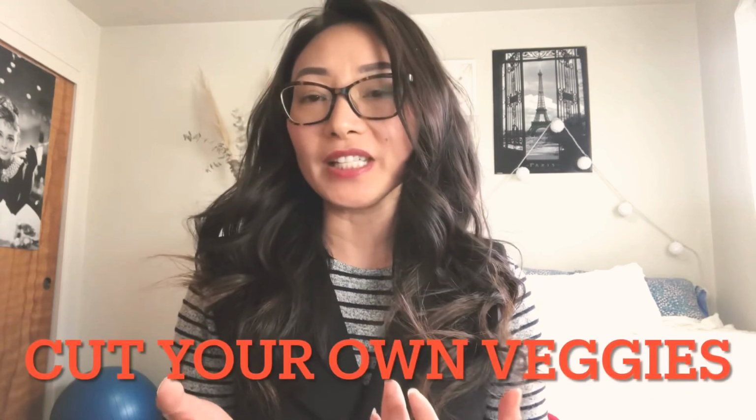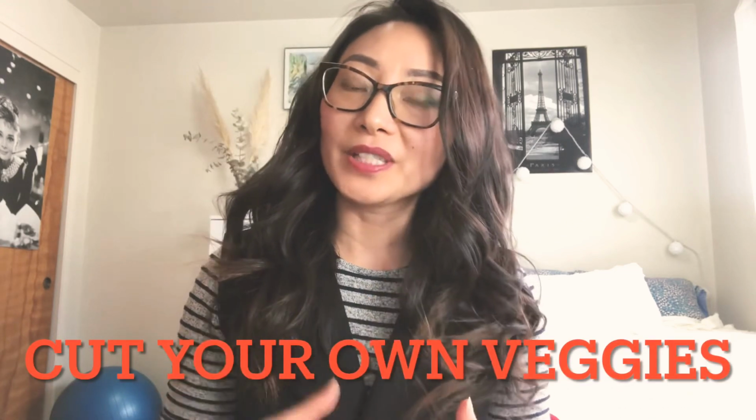Okay, number 2 is cut your own veggies. When we make smoothies with fruits, or soup with frozen vegetables, or stews or stir fries, it's very easy to buy pre-cut vegetables for $3 or $4 that are already washed and cut. I would prefer to do it on my own because it's much cheaper. I think it's like 50% less if we do it on our own,